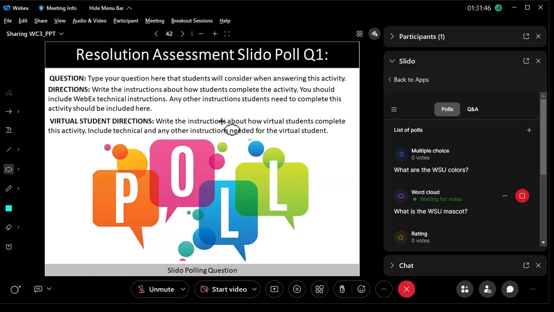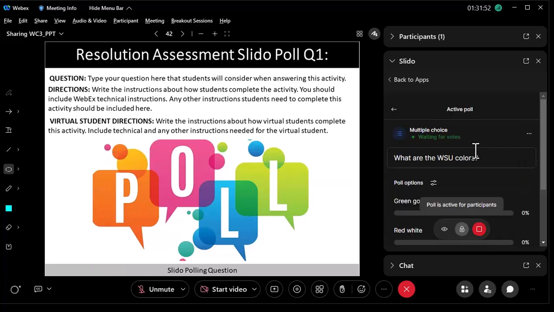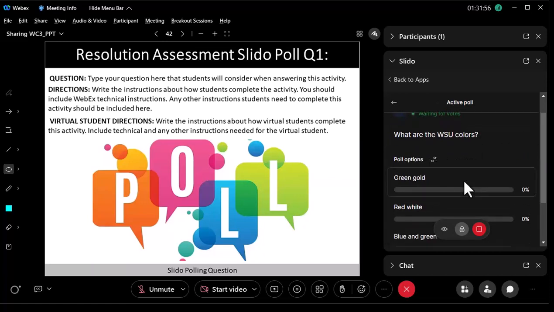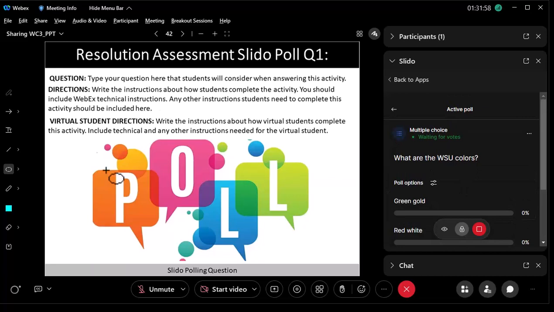Because it's kind of difficult to see them over here, when I activate the first one, it will show the question, what are the Wright State colors, and show the answers, but it's not very easy to see. So the main PowerPoint slide should have the question, what are the Wright State colors? It should have directions, and it should have the possible answers: black and white, red and white, green and gold.